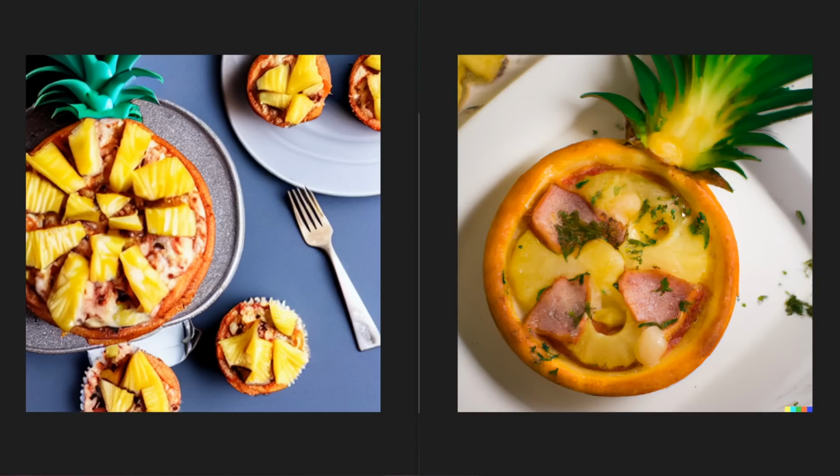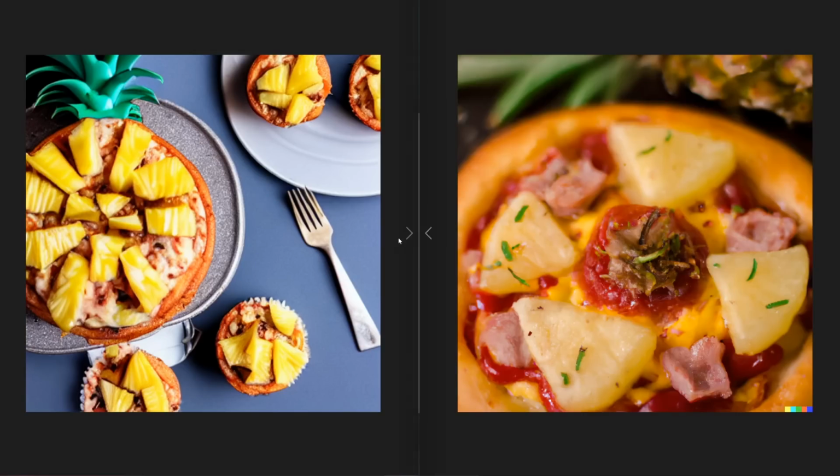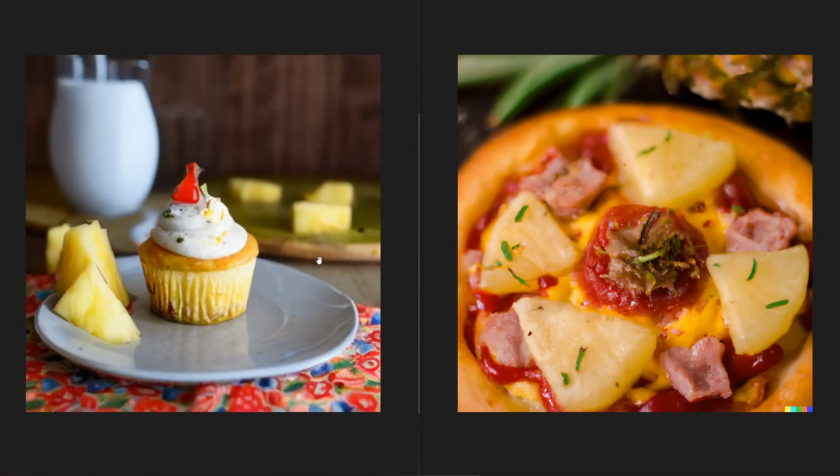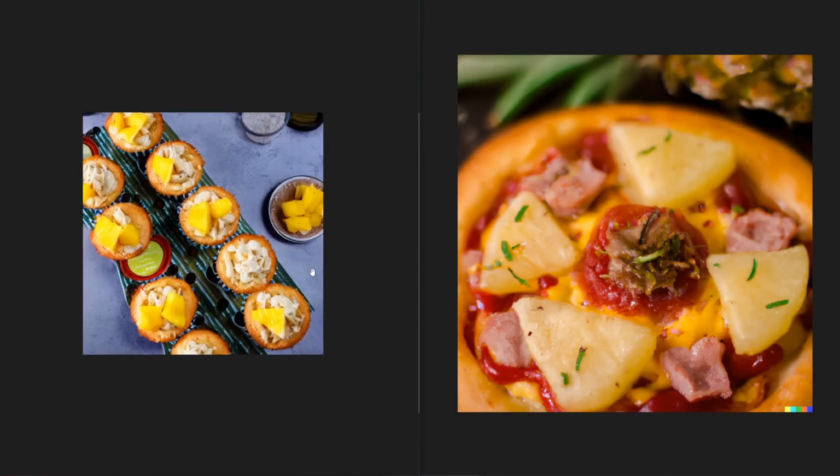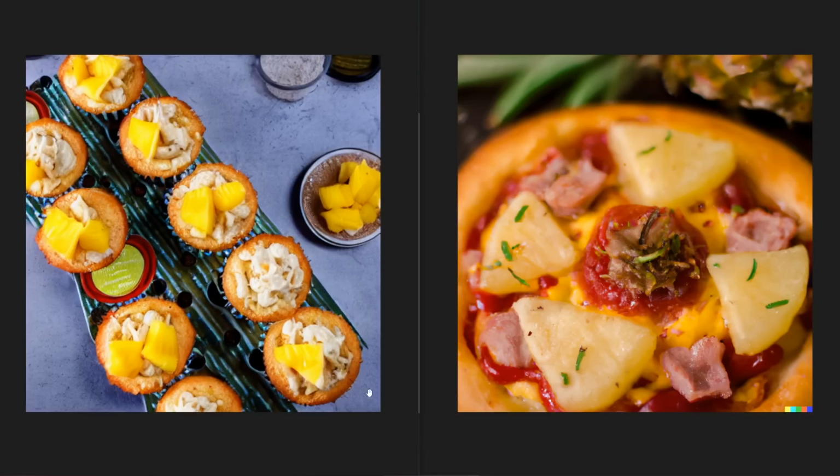This one's actually a really nice one from Dall-E 2 as well, and both of them are really, honestly, just nailing this prompt in my opinion. So I think both of these are kind of a tie. We got the pineapple here on the plate with the cupcake. So yeah, I mean, they're just both really, really creative and really good. These are definitely pineapple pizza cupcakes, no doubt about it, on Stable Diffusion's.